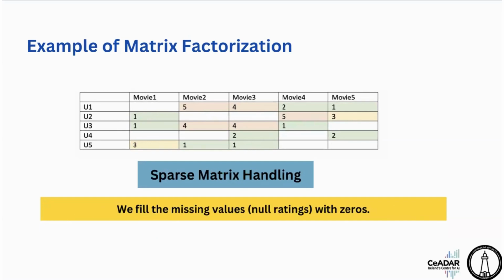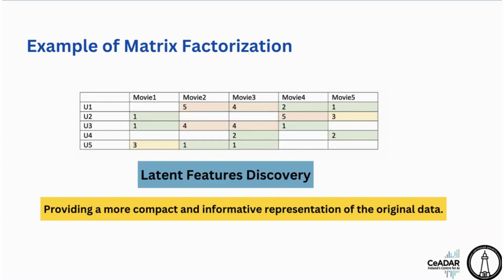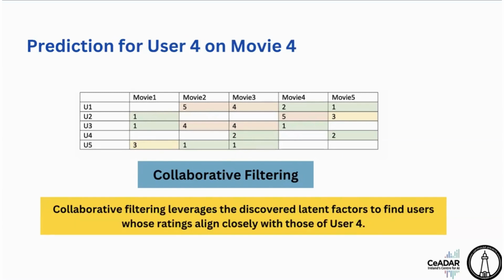So what is sparse matrix handling? We will be filling the missing values, or null ratings, with zeros in order to compute the complexity. And latent feature discovery provides a more compact and informative representation of the original data. Here we'll be using collaborative filtering, which is used to discover latent factors to find users whose ratings align